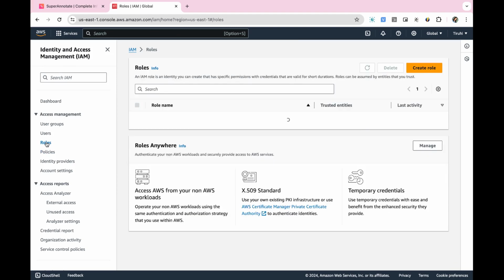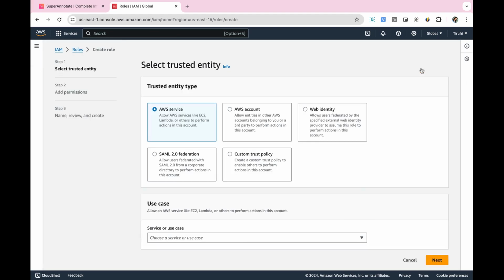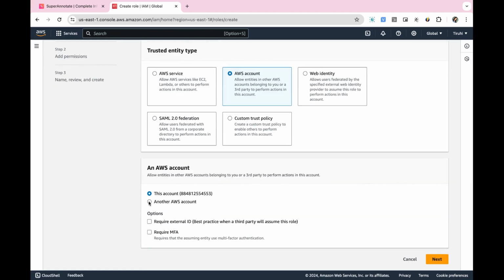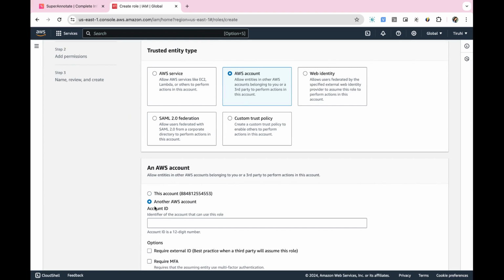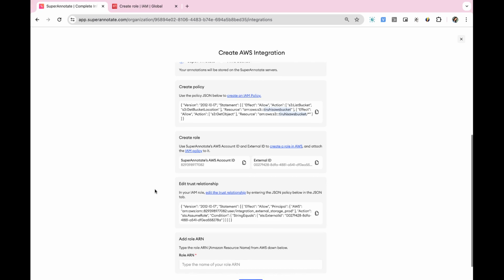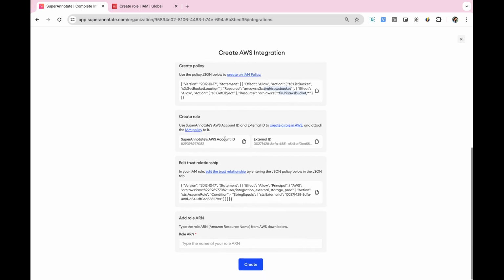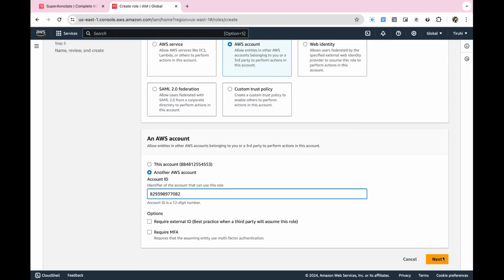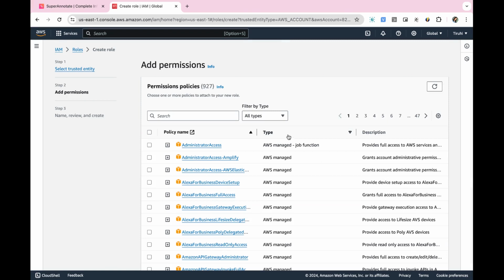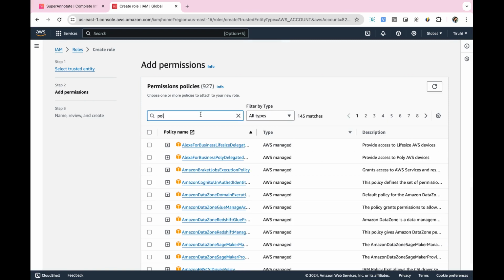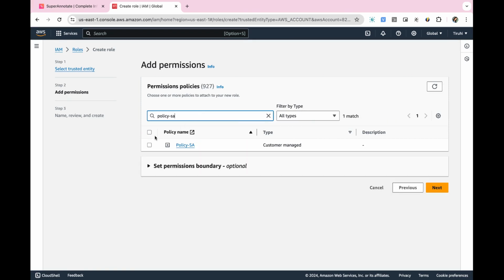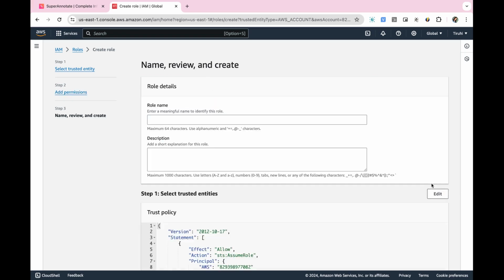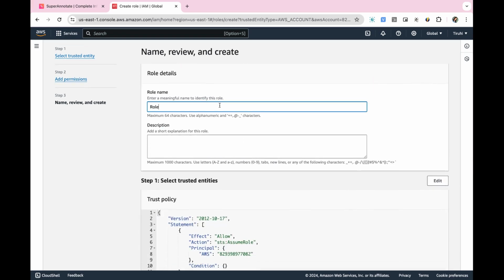For the next step, we need to go to the roles and create a role. We select the AWS account option and select another AWS account. We see that it requires an account ID, which we need to copy from SuperAnnotate. Here you see the AWS account ID. Let's go to the next. Now we need to select the policy. Next. Here we give a role name